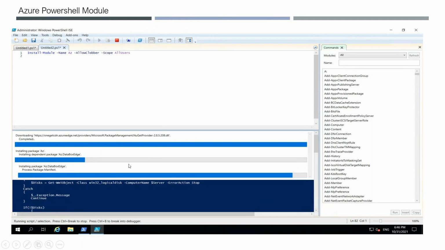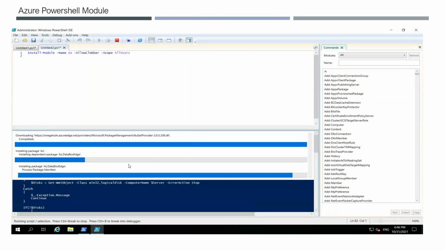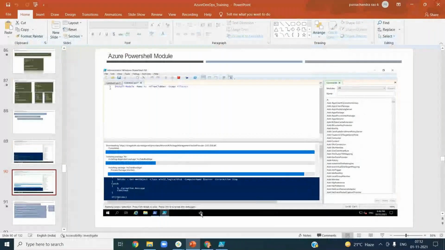There will be hundreds and thousands. Okay, so run that command if your laptop doesn't have Az. Okay, now once you have it,